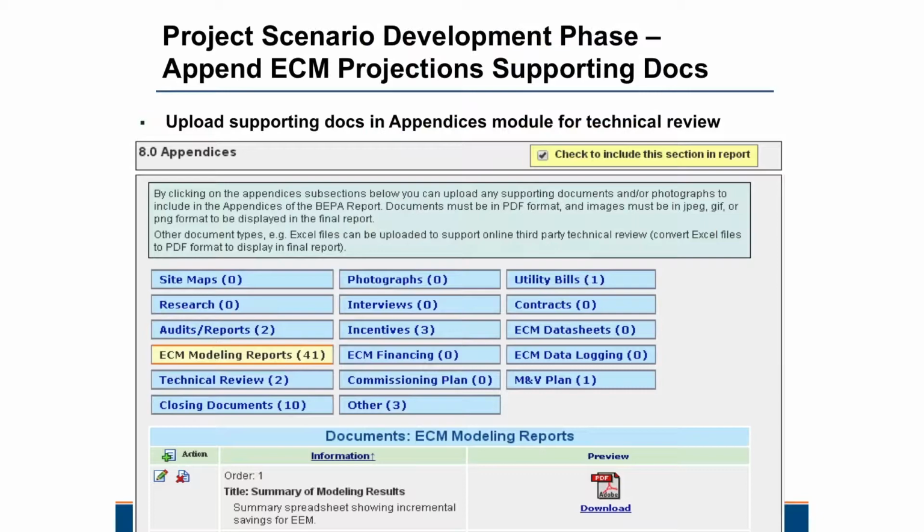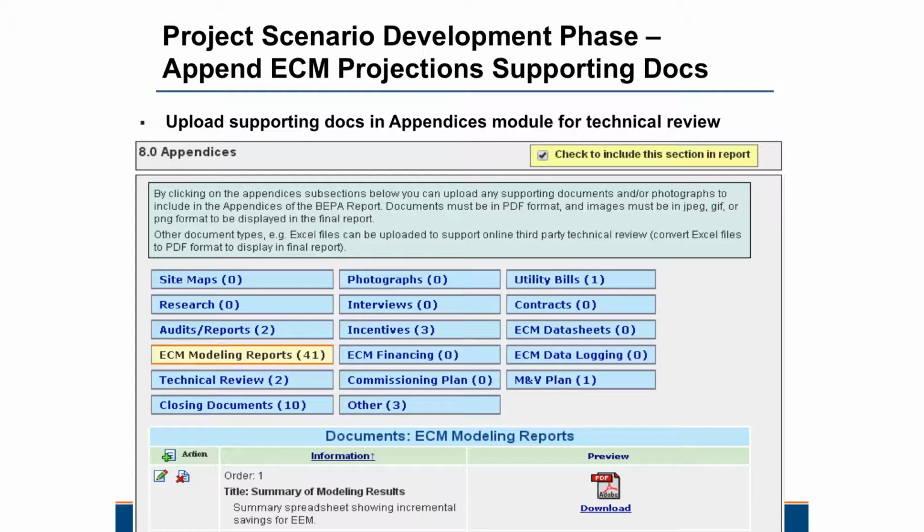I mentioned this notion of including your supporting documentation to support the savings projections and cost projections. I know Tom is going to have a few remarks about this as well. I just wanted to get your wheels turning again. Generally, we don't see this with the contractors, engineering firms, or ESCOs we're working with as much different than their current process, other than to say we have an appendices module, which you can see has a bunch of these